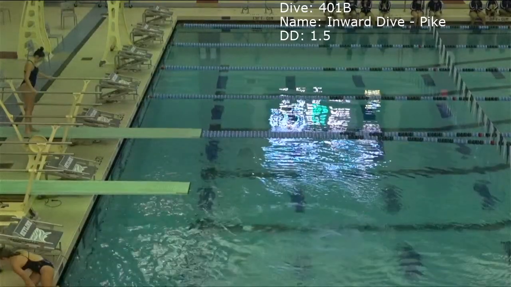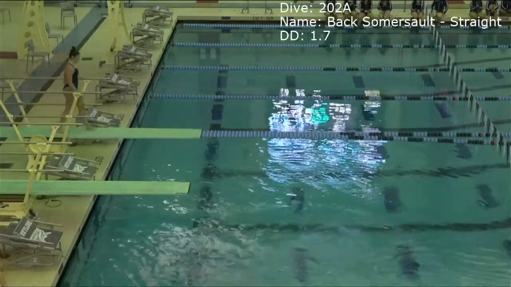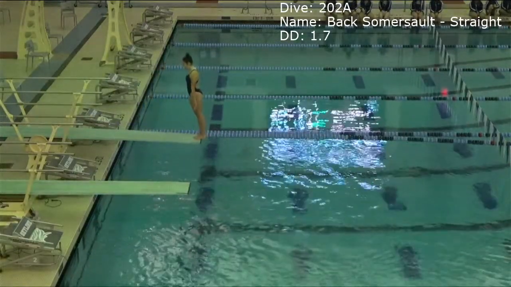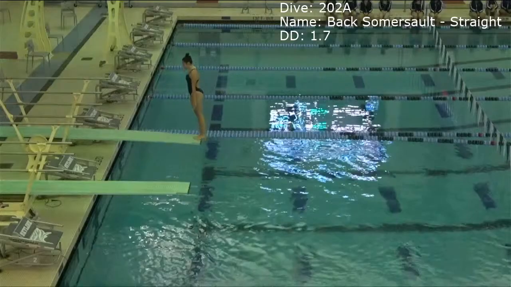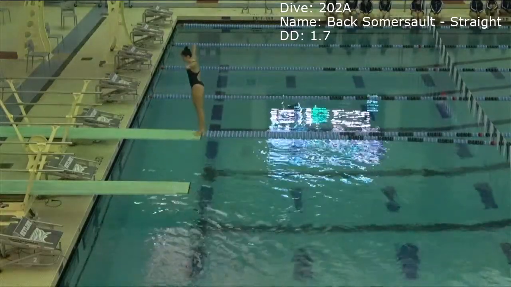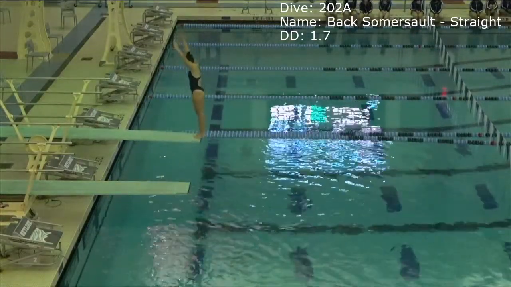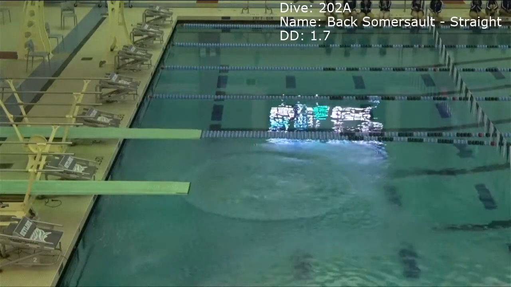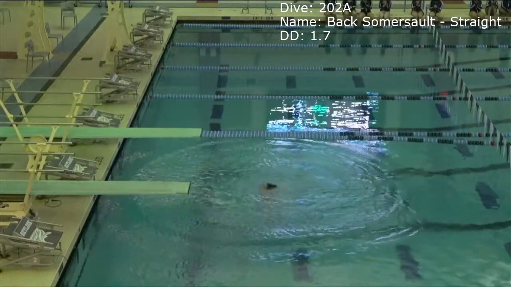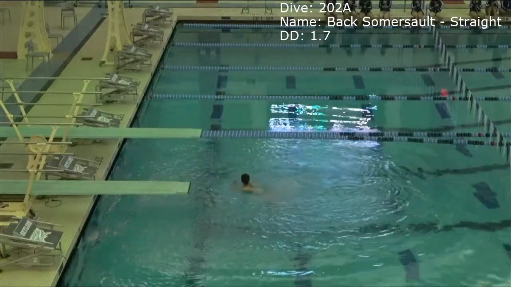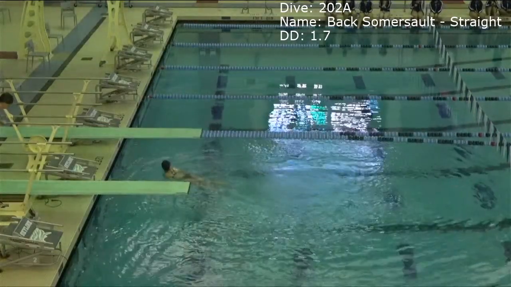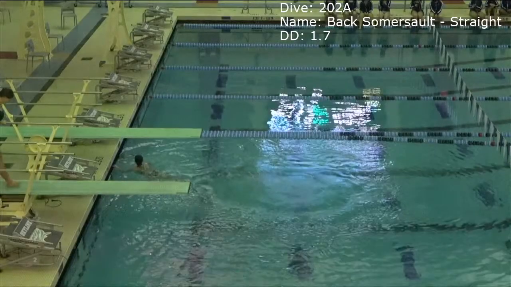Peyton's next dive. Look at that. Peyton will be doing a 202A back somersault, straight position, 1.7 degree of difficulty. Scores for Peyton 5.5, 6.0, 6.0 for 29.75.